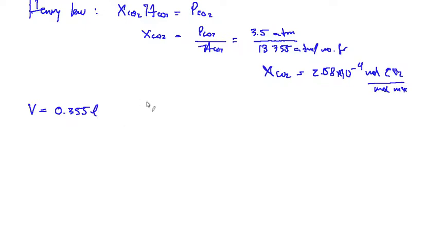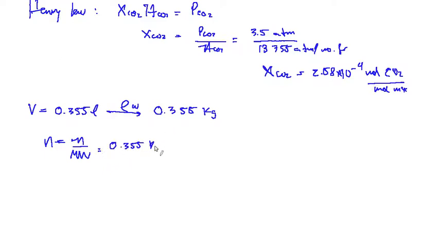How many moles? Let's first find it with density. I know it's because it's water, or we are modeling this as water. It's 0.355 kilograms of liquid. Now the amount of moles equals the amount of mass divided by the molecular weight. So 0.355 kilograms of water